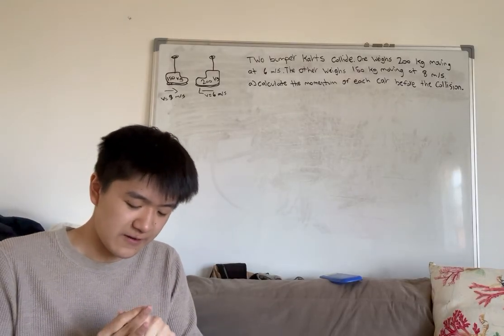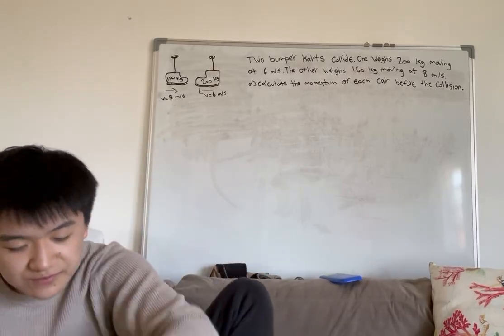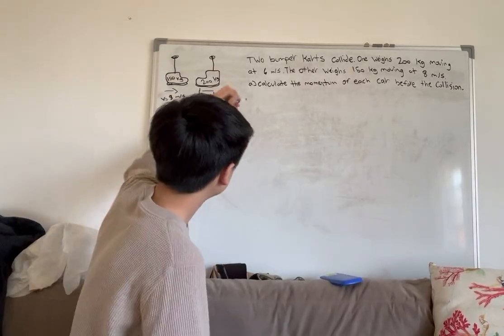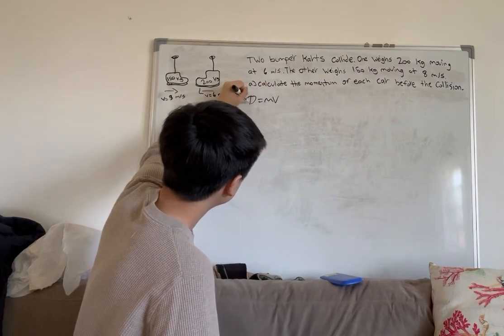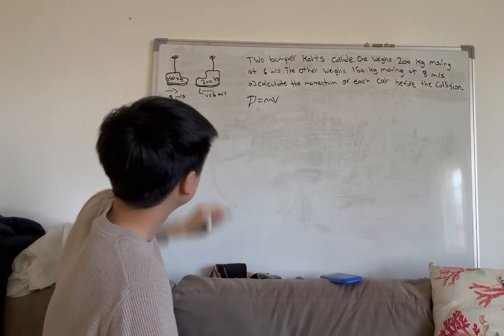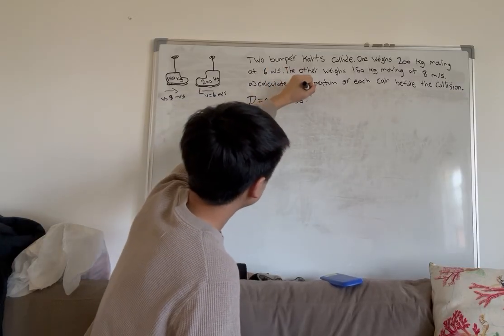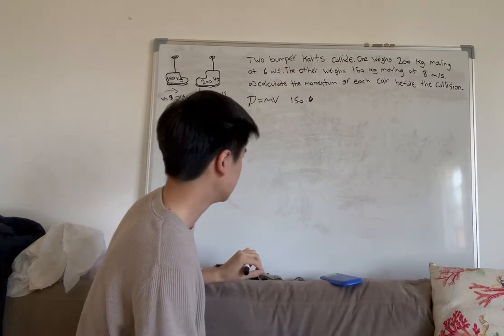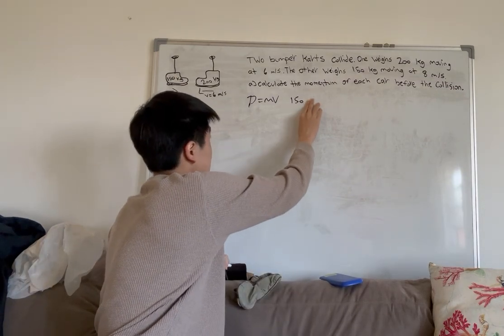Part A, it's pretty simple. All we have to do is just plug it into our equation for momentum. So the equation for momentum is P is equal to mv. That's it. So we're gonna do 150 times the speed it was moving at, so 150 times 8. Oh, that is a really bad 8. Excuse me. So it's gonna be